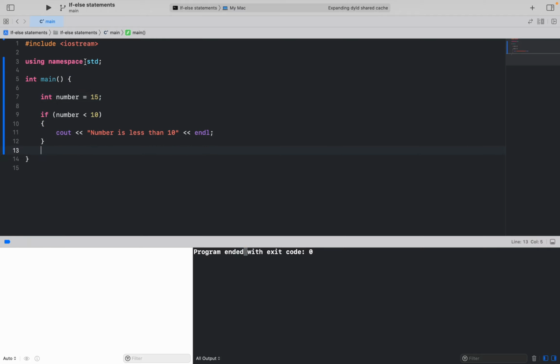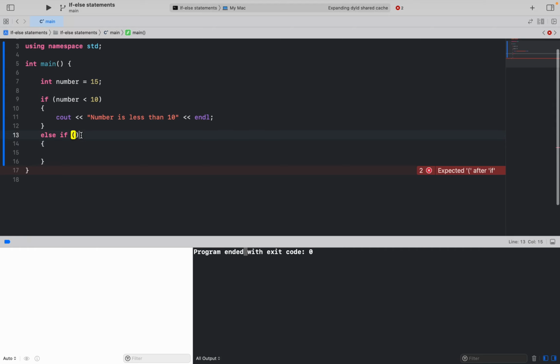Then there's the next statement, which is basically else if. You can't use else if without using the if statement before it. So we will try using else if. We'll show you. Right now we'll change this back to, let's say, 5. So this statement is true because 5 is obviously less than 10, and then we will try making this statement true as well. So if the number is less than 5 and let's say more than 2,